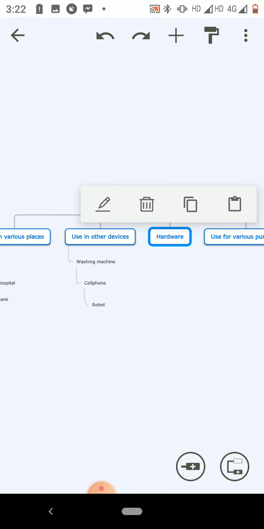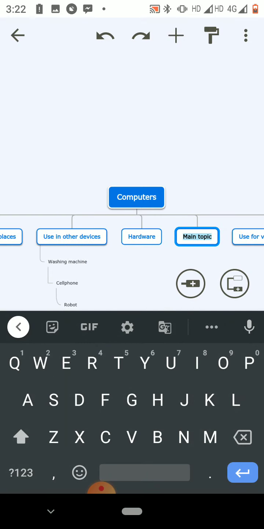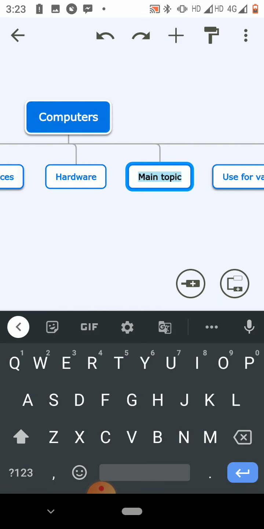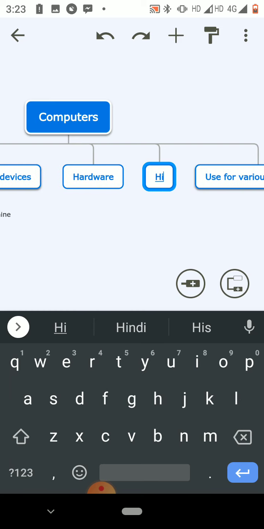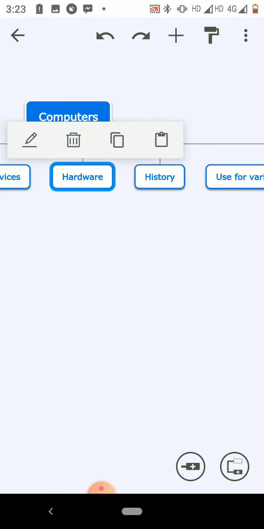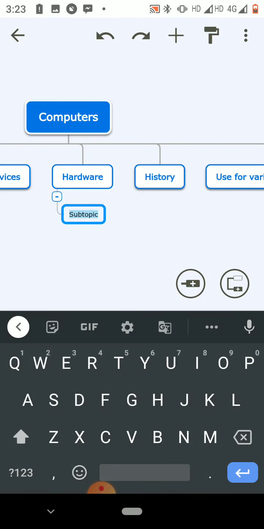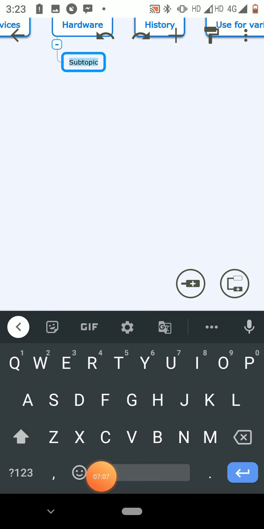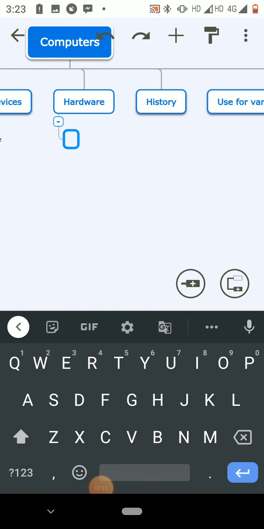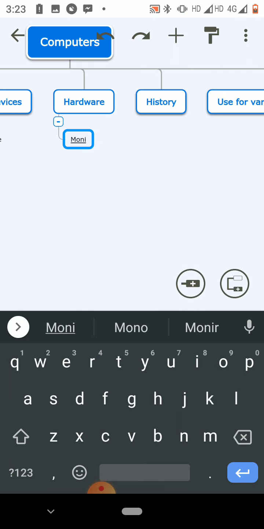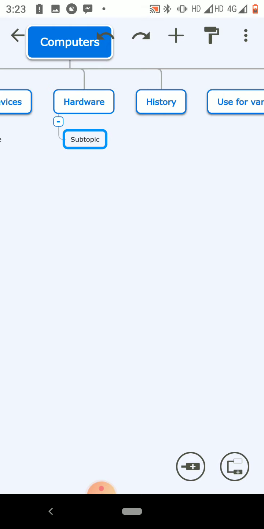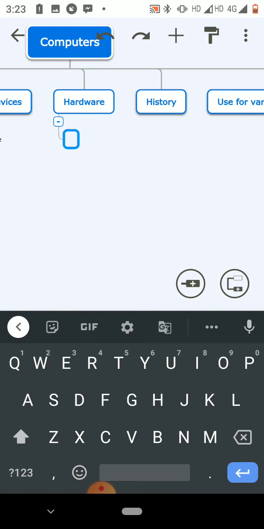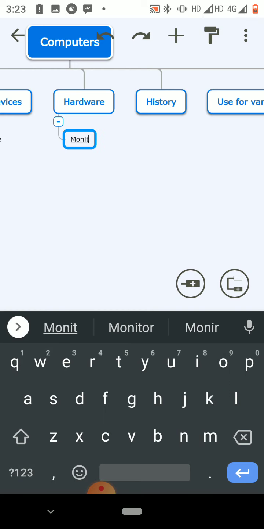Now here I write hardware. For hardware I write monitor, because this is a hardware part of a computer.